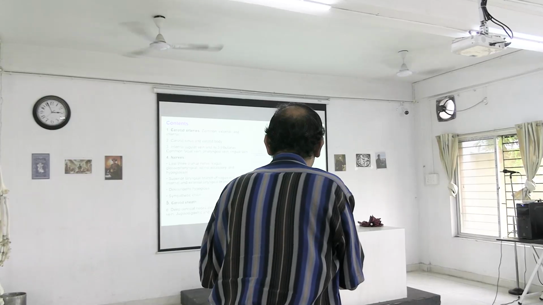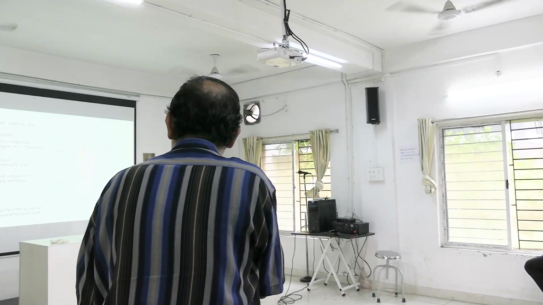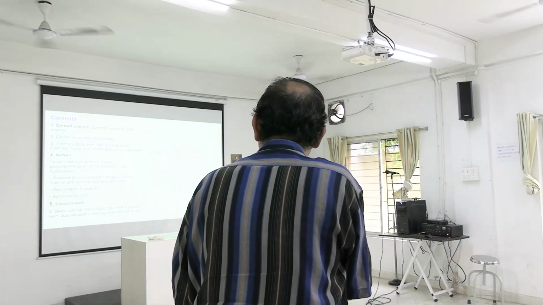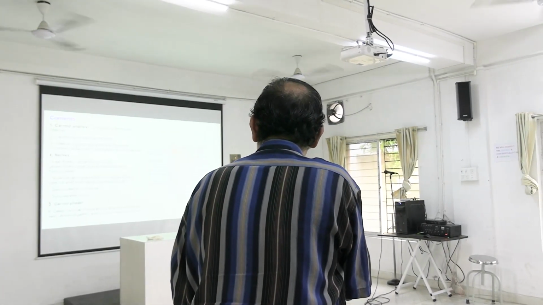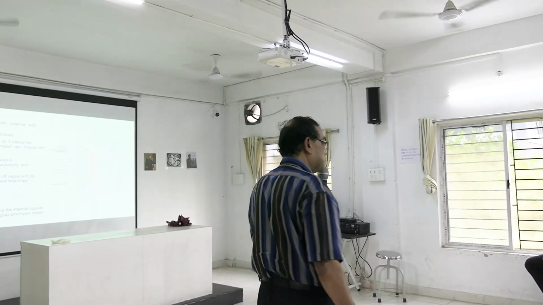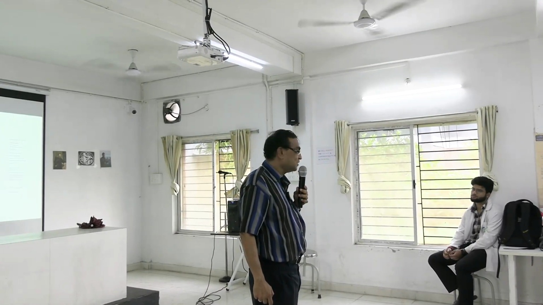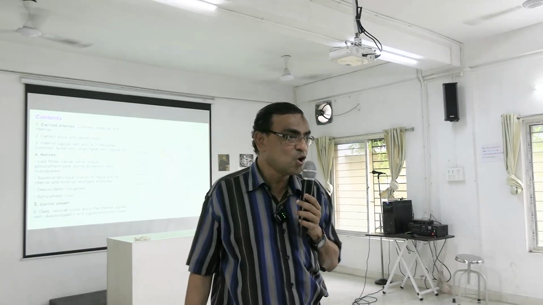We can get so many nerves, this ninth or glossopharyngeal nerve. This glossopharyngeal nerve will pass, you can see, in between the external and internal carotid artery. This is the external carotid artery and internal carotid artery, and in between this is moving, that is the glossopharyngeal nerve. It will supply the posterior 1/3 of the tongue, the sensory, special and general sense. Motor